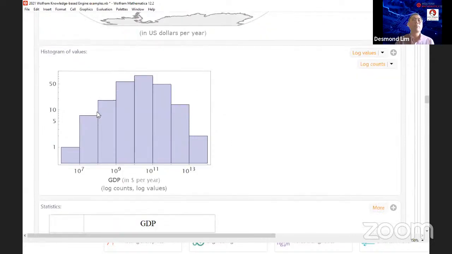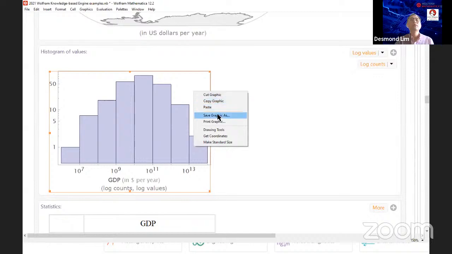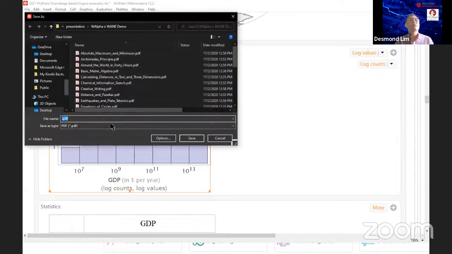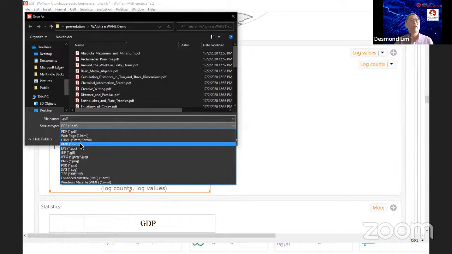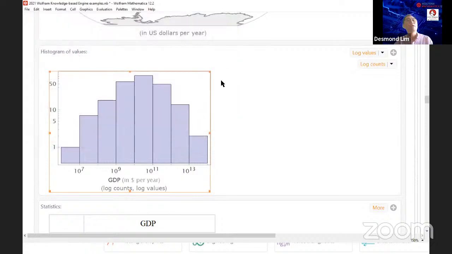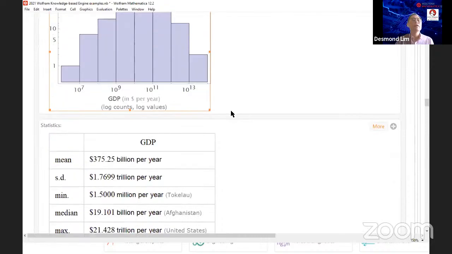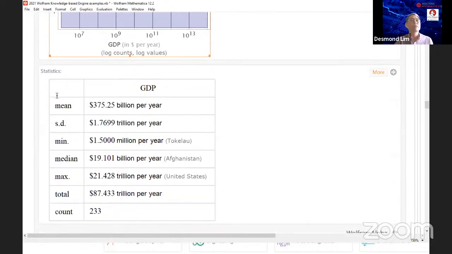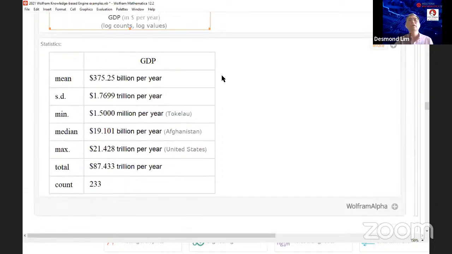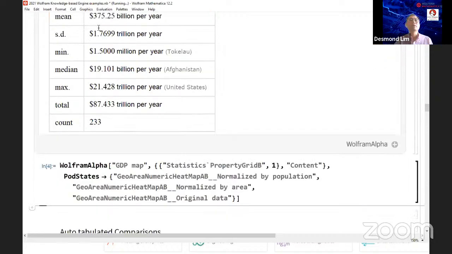And by all means, for all those outputs, you can just right click and save the graphic in a lot of other formats: BMP, EPS, JPEG, PNG. All those can be saved and used in other software if you want to. So this information is very handy. Even the table of statistics gives us the GDP mean, standard deviation, all those world statistics. You can also highlight this one, or click on this one further. Say I want to download it as plain text or supporting content. If you click supporting content, it shows up